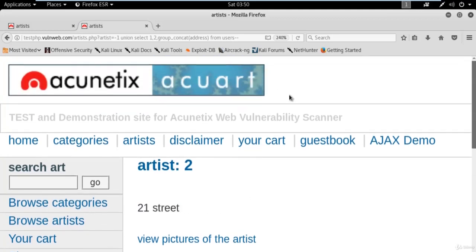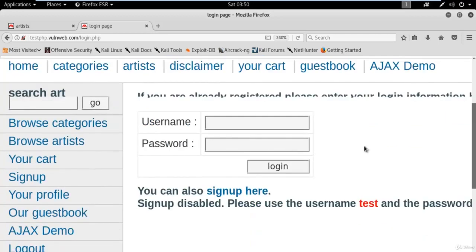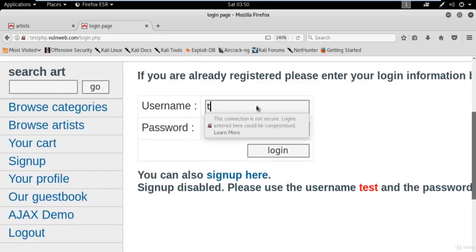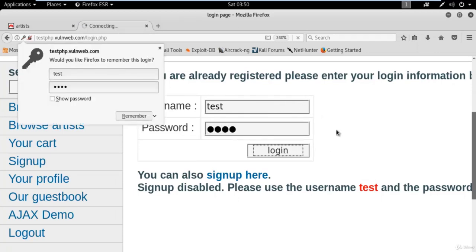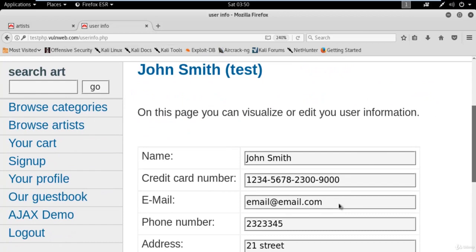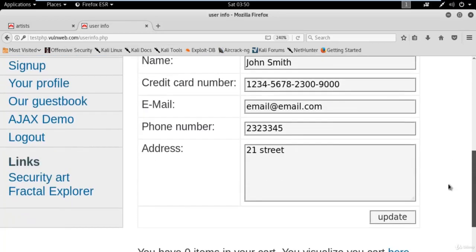So we got the username, we got the password. Now it's time to log in to the website. Click on sign up, right? And here you can simply type the username which you have got, test, password was also test, and now you can click login, and you can see here that you are inside the database of the website, right? You can change the address if you want. For example, if I change it to New Delhi, click on update,